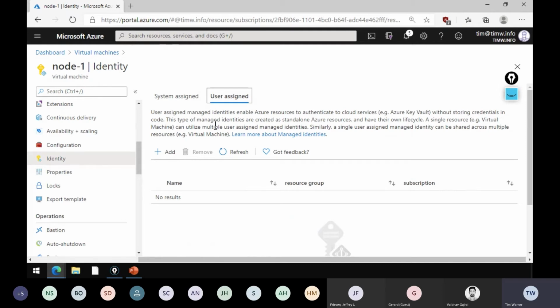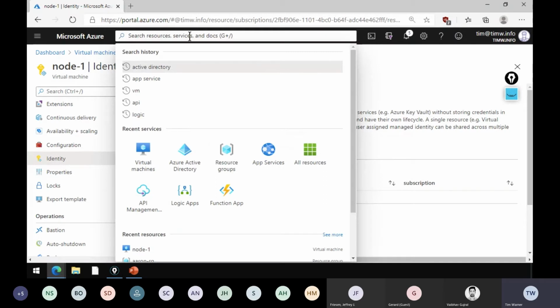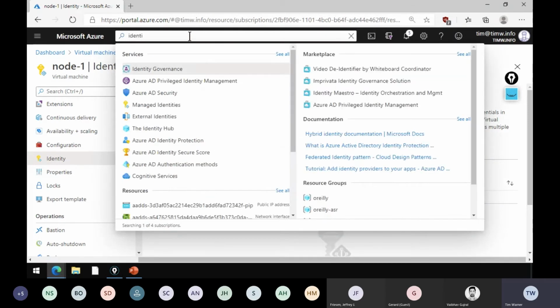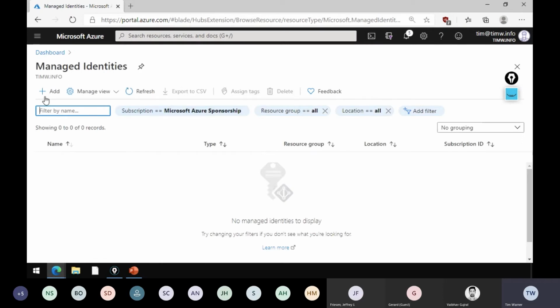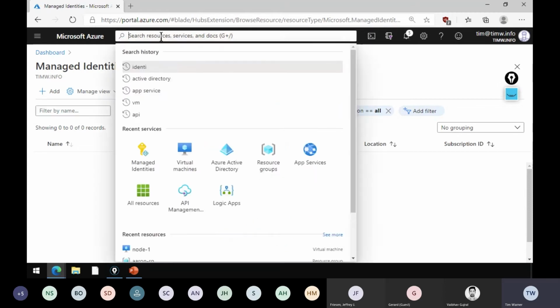A user-assigned identity is a perfect security principal to use for that. The idea with a user-assigned identity, and you can get to those separately, they're tracked in the Managed Identities blade, is that these are essentially standalone service principals that you can grant access to resources, and they're not tied permanently to the life cycle of another Azure resource like a system-assigned managed identity is. They're quite flexible, quite useful indeed.